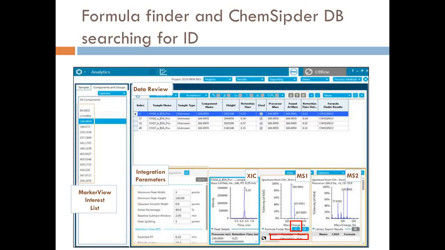And part of this discovery involves identifying things, right? And so you need opportunities and you need tools to identify what's there. And so this is an example that might be there with Formula Finder and ChemSpider database searching. Getting the right kind of formula is important, and that involves getting the isotopic pattern. And so what you can see here is the ability to look at the extracted ion chromatogram, the XIC, of an individual